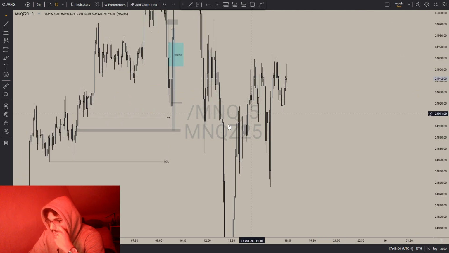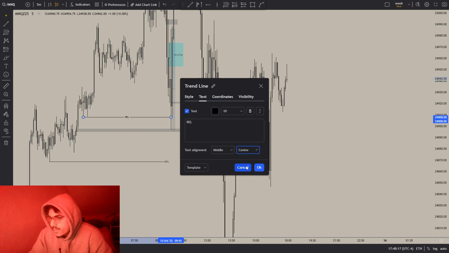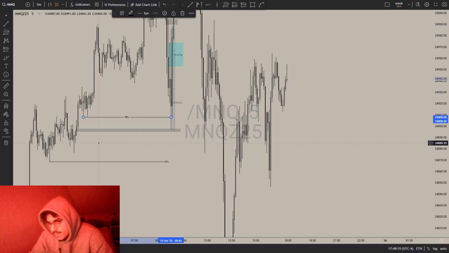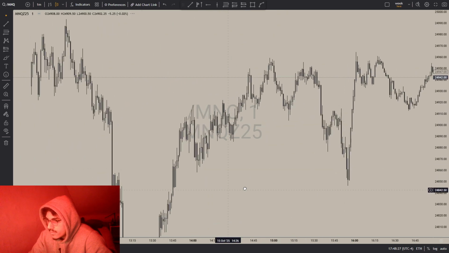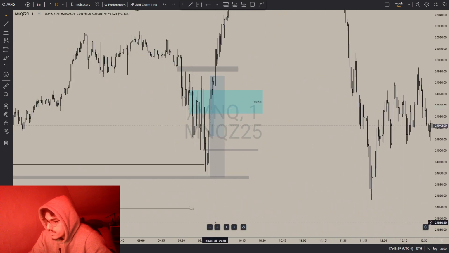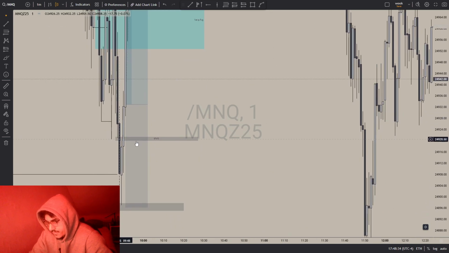Then we came down, took these relative equal lows. Firstly, I thought they were equal lows, but they weren't. They are relative equal lows, and price swiped them, then tapped into this 5-minute fair value gap. Then I dropped to the 1-minute. I looked for a confirmation, which, like I said, is an inversion right here.